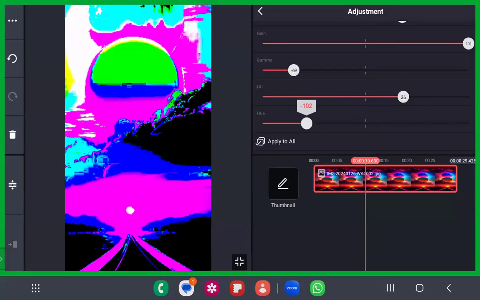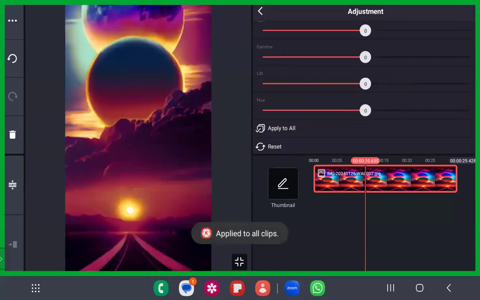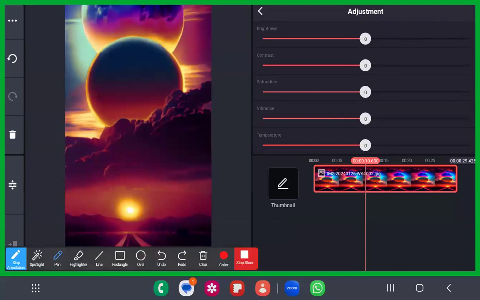Okay, there's also an option named apply to all. For example, you have 10 images here, you can click on apply to all. Or if you do not want all of these options, click on reset, and it will be reset to all of the zero values. That is the photo editing options that you have. These are very important photo editing options, dear sisters and brothers.